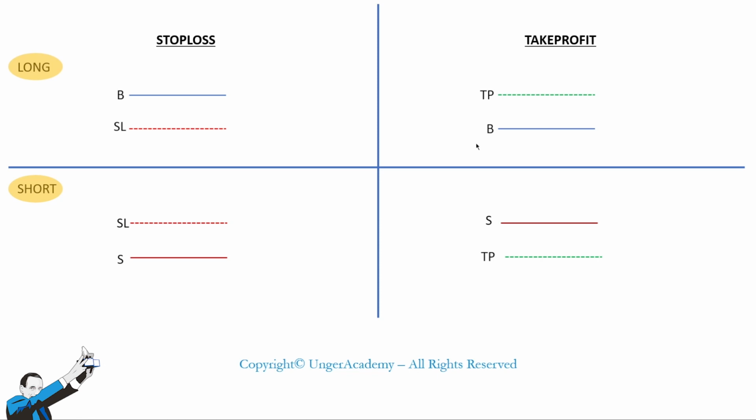Now, as I mentioned earlier, the take profit represents a profit exit. So if we're buyers and we bought at this level, for example, then our take profit level must be placed at a higher level than our entry level. Conversely, our entry level on the short side will be higher than our take profit level, because the moment the market goes down, our purpose is obviously to make a profit, of course. So as I mentioned earlier, if the market moves and it reaches the stop loss or the take profit, our positions will be closed. Now these types of market exit orders aren't always used in trading strategies,